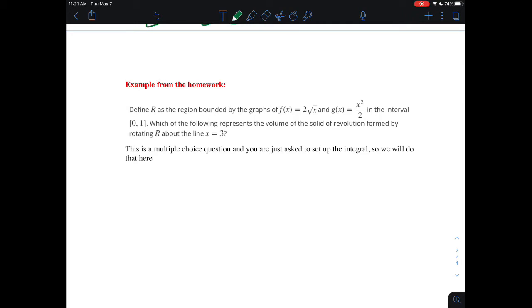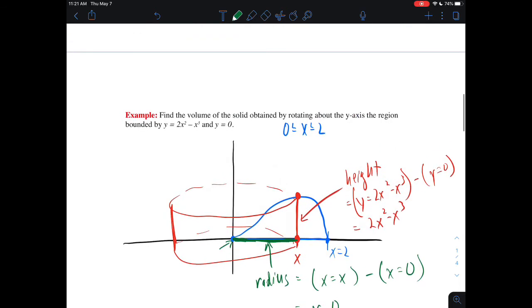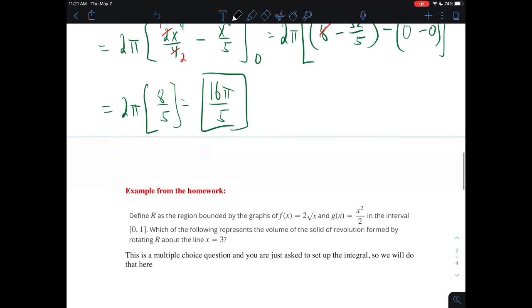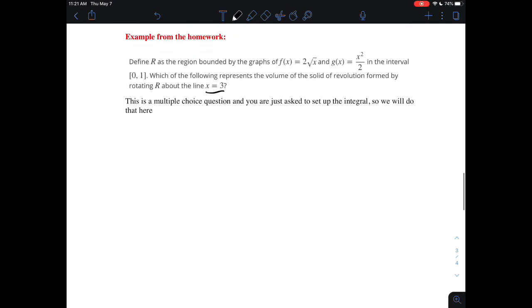Which of the following represents the volume of the solid of revolution formed by rotating R about the line x equal 3? So one thing to point out, our axis of rotation is changed. Our axis of rotation in the previous example was the y-axis, which remember that does have an equation, x equals 0. So now we've changed our axis of rotation to x equals 3. So first thing I'm going to do is just do a little sketch